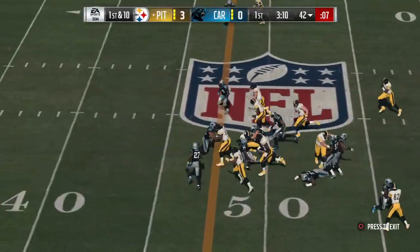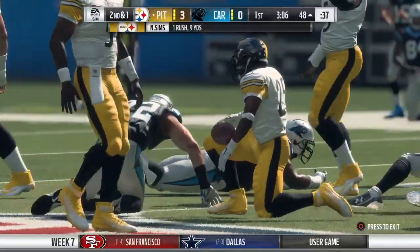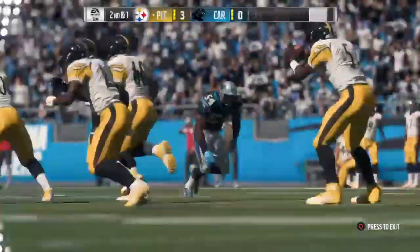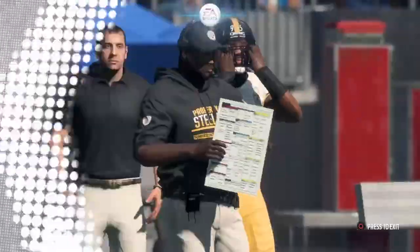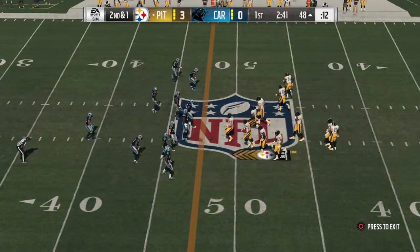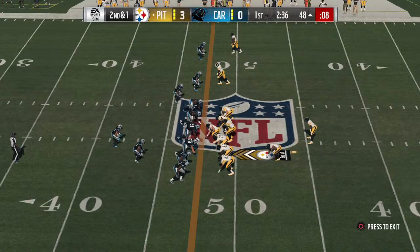They'll run it now out of the gun. And he'll get this across midfield to the 48. Give him 9 on the carry that time, and they're set up with a 2nd and 1. And that looked like some pretty easy yardage there right up the gut. And he's a guy that has some height to him. So when you don't have to drop a shoulder or create or get through contact, it makes it a